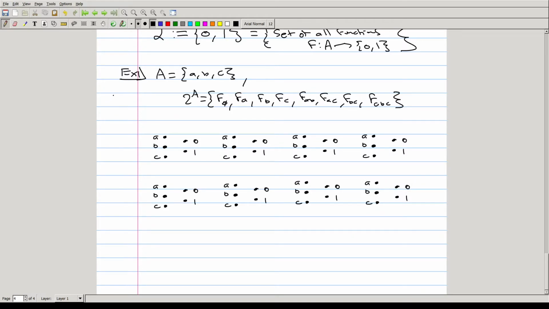Specifically for each element, f of a can be either 0 or 1, so we have 2 possibilities. F of b, we have 2 possibilities. And f of c, we have 2 possibilities. So we know that there will be 2 times 2 times 2. This is from what's called the multiplicative rule, which we'll talk about a little bit more when we get into basic counting. But the size of this set should be 2 to the 3. And sure enough, when you go through and map all these possibilities out,